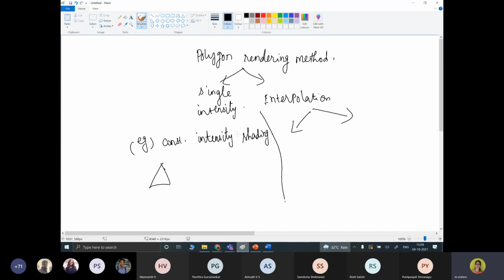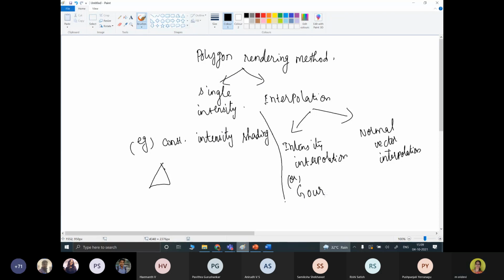One is intensity interpolation, otherwise called Gouraud shading, and another is normal vector interpolation, or Phong shading. So with this we ended the last class.